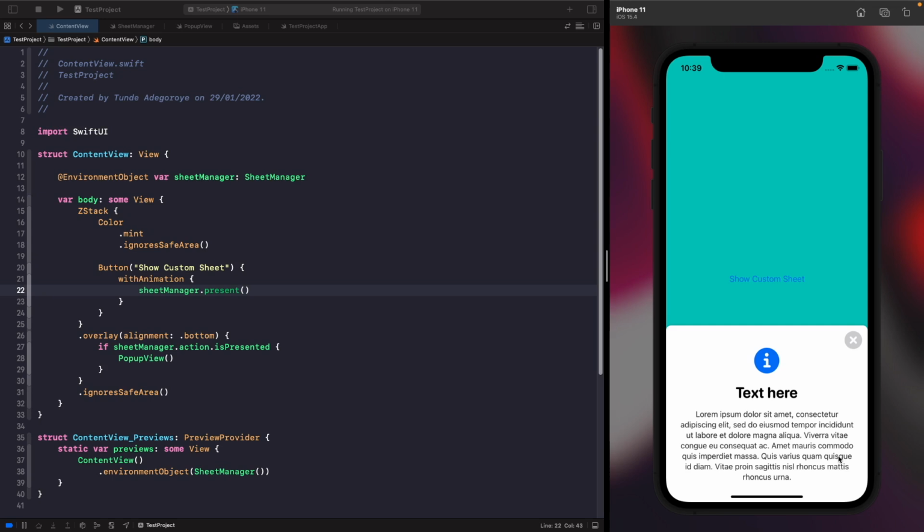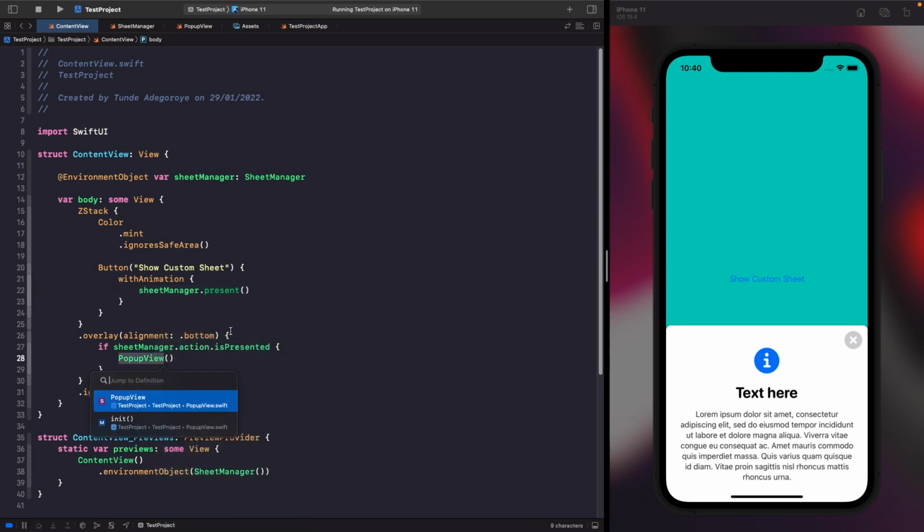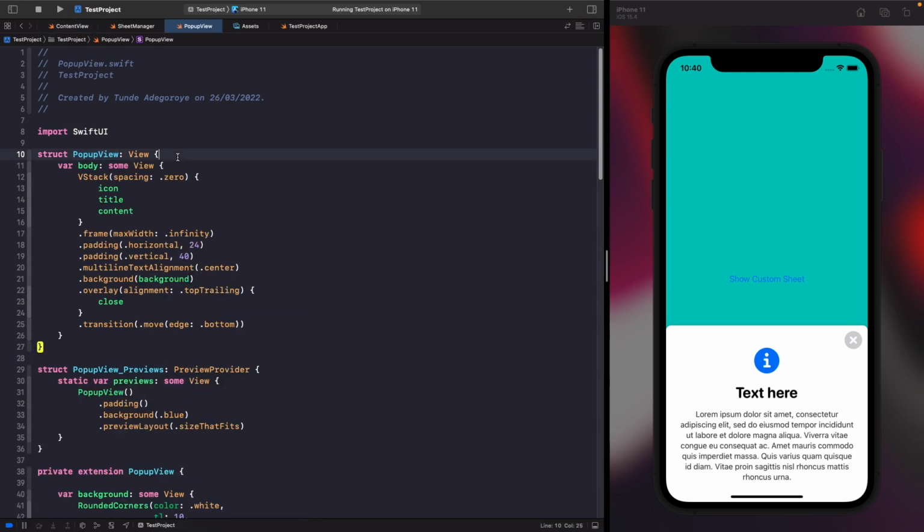In order to do this, we need to add a closure to our pop-up view to tell us when someone has tapped on this button. The reason I'm doing it this way, and not just directly passing the sheet manager to the pop-up view, is that in the future I might want to perform some kind of action alongside dismissing the view. So the closure will allow it to just tell us, hey, I've been tapped, now you handle the rest. So let's go into our pop-up view and add a new closure property